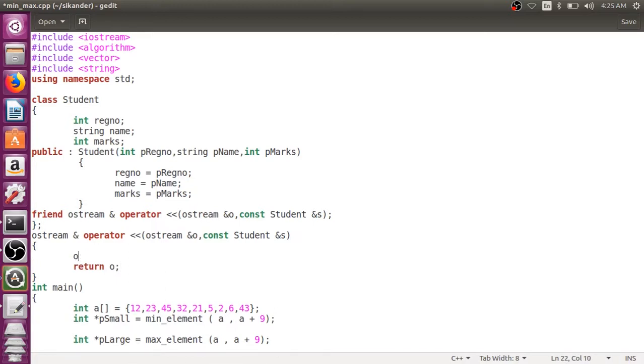Can use cout or O. O is a reference for cout kind of thing. We can write the registration number. Probably we can just have a space in between, and then we'll try to print name. And then we'll try to write the marks. Perfect. Now this is quite a simple code, wherein I just created a student class and then a constructor and